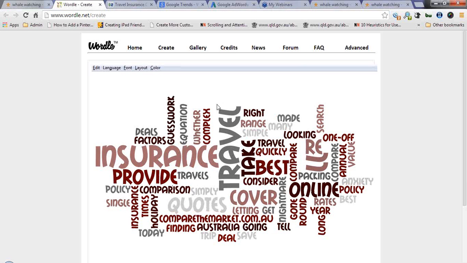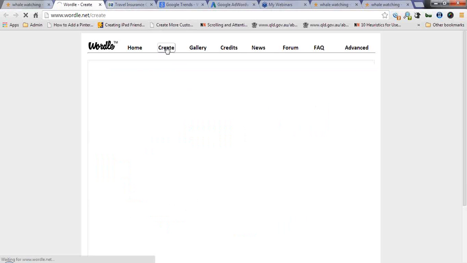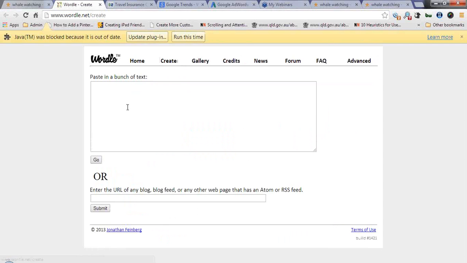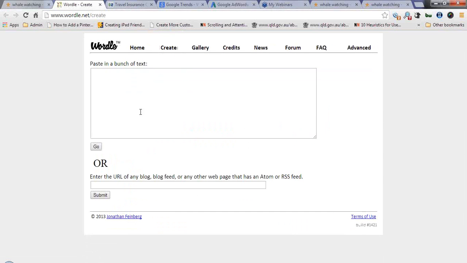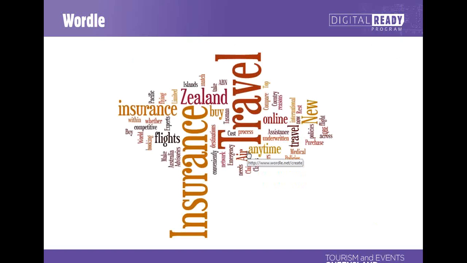But it's a bit of fun, but also you can just take your web page, paste it in there as you just saw me do, just hit create up here. You do another one, put your bunch of text in there and hit go, and it will create that little graphic for you, which is quite a nice quick way of checking if you have written the content to work on Google. Okay, that's kind of it from me today.